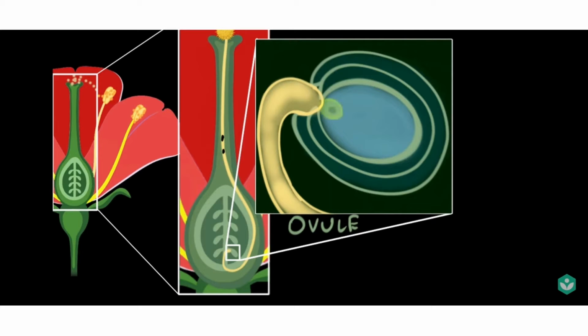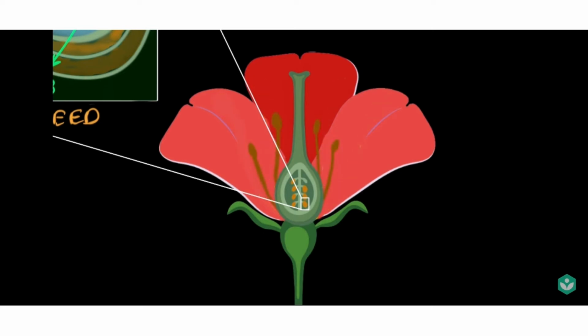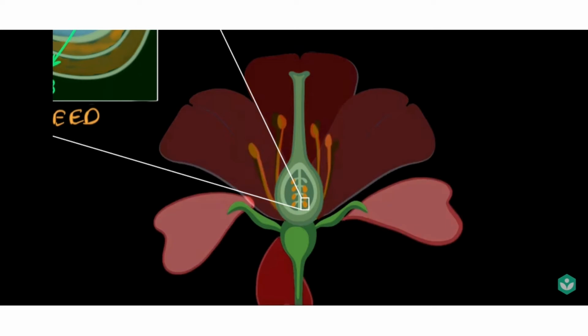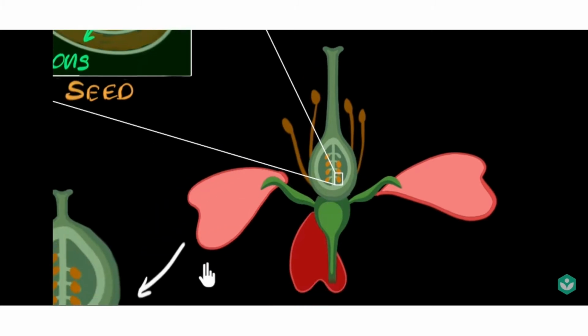When the pollen grains and egg cells have been joined together by these tubes, the egg cells are said to be fertilized. Each fertilized egg cell then begins to develop into a seed. So, the process of pollens from stamen reaching the stigma and then the ovary and fusing with the ovules is called fertilization.